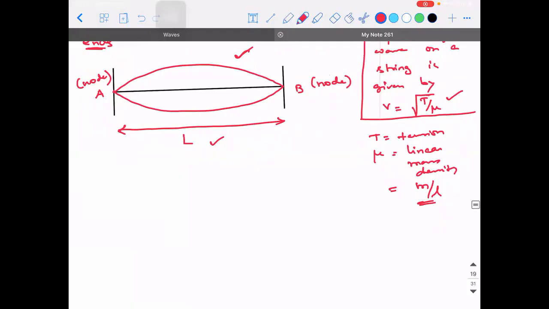Now, the derivation is very, very simple. A and B, both the points are nodes, right? From the previous concept,